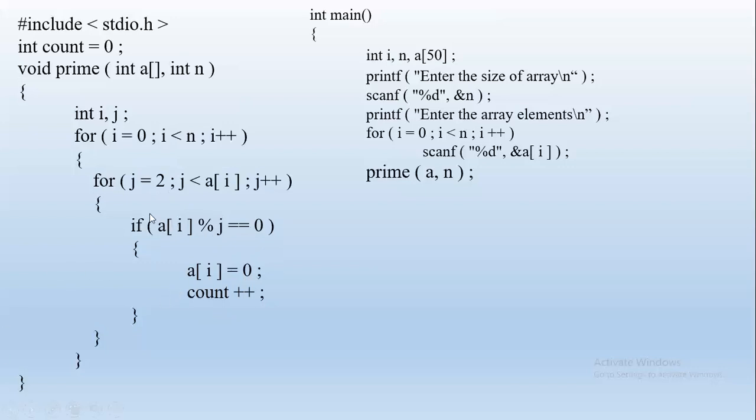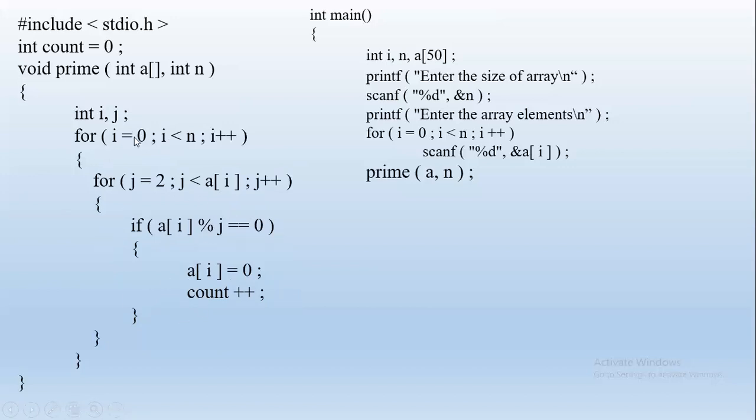Now if we increment j, it becomes 3, and the loop completes with the element set to 0. So we have got the implementation. Now i has to be incremented again. So i becomes 3, and a of 3 is checked. If a of 3 is a prime number, this condition will be false. For a of 3 given as 5, 5 percentage j, we will not get 0 as a remainder, so it will not execute this. 5 is prime, so it will not execute. Then a of 4 will be checked.